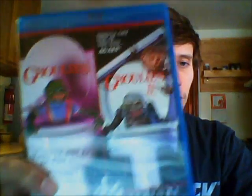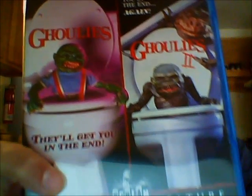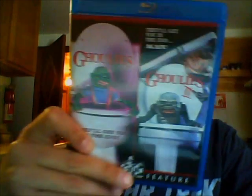These came out around the time when those puppet monster movies were really popular, like Gremlins and Critters. So this seems like it's fun, cheesy. Got some monster guys coming out of the toilets here, but like I said, never seen these before. Probably this weekend, I'm going to try to get both of these in, so I'm looking forward